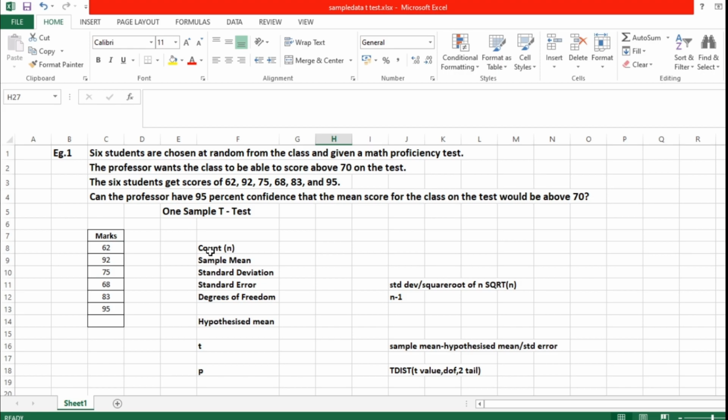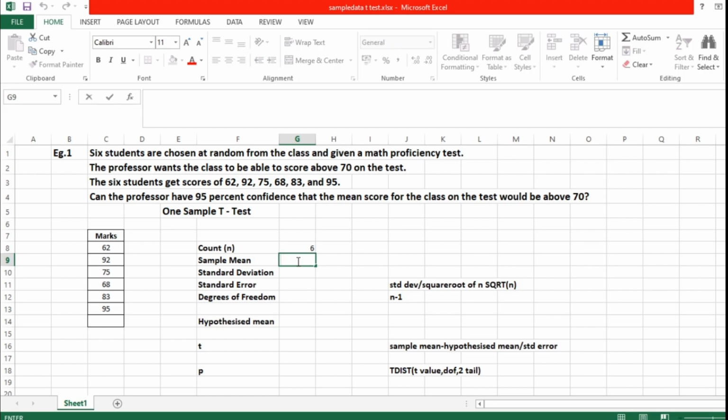First we are going to find the count. It's very simple because only 6 marks have been listed, so I can make it here as 6. That's the count, we call it n. Right, second one is the sample mean. Already we have learned how to calculate the sample mean or the average.